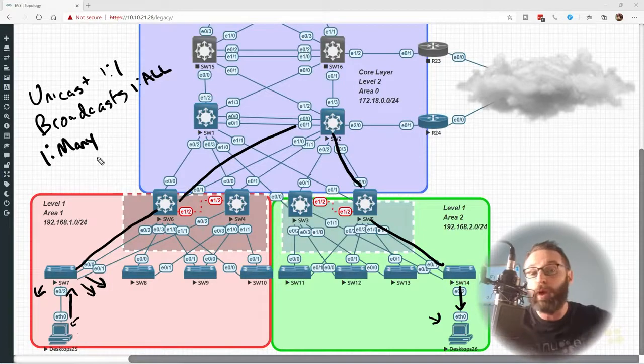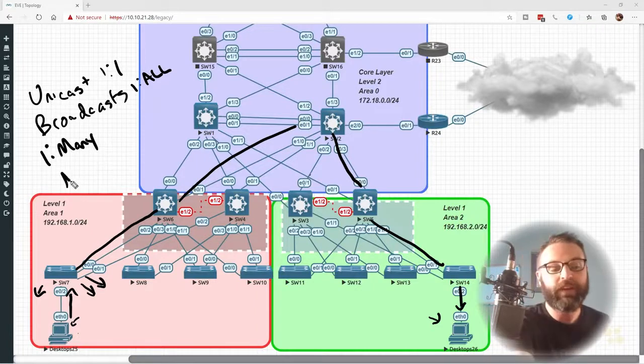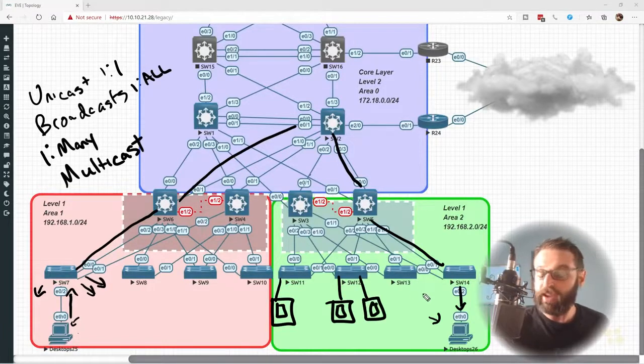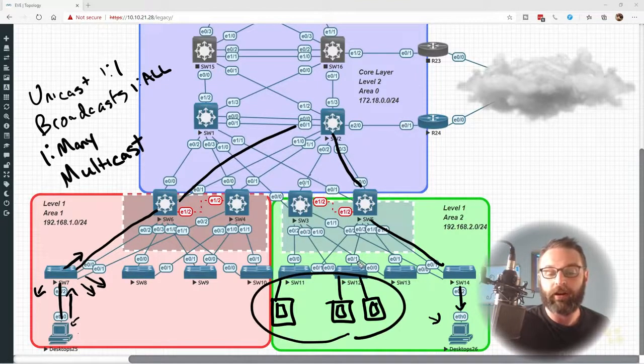We want it to go throughout the enterprise to however many resources want to receive my video stream. This is the point of multicast. This is multicast in action. So maybe we have a host here on switch 11, and maybe we have a couple hosts here on switch 12, and maybe we have no hosts on switch 13. The idea is that desktop 25 here could send its stream into the network,